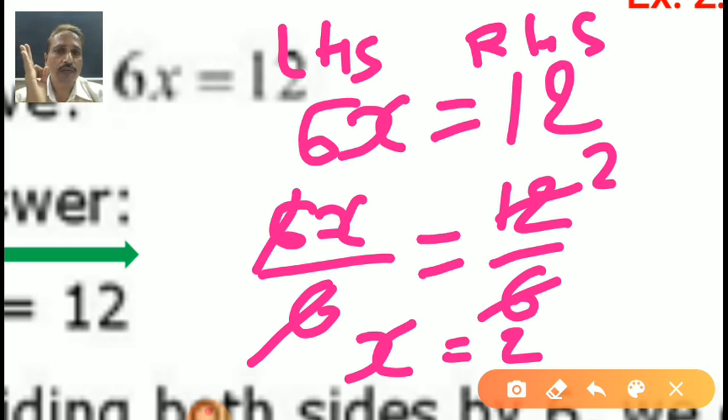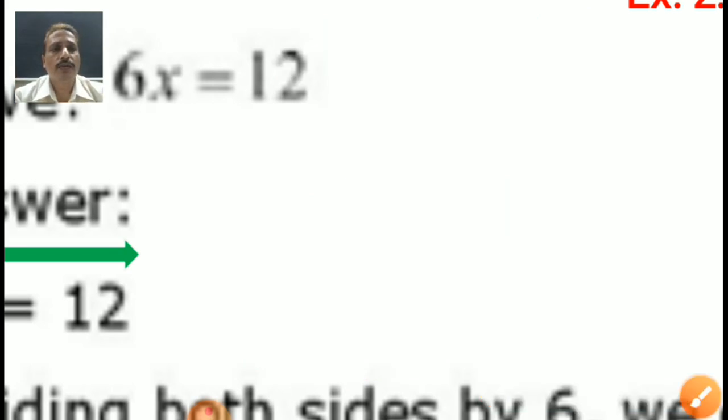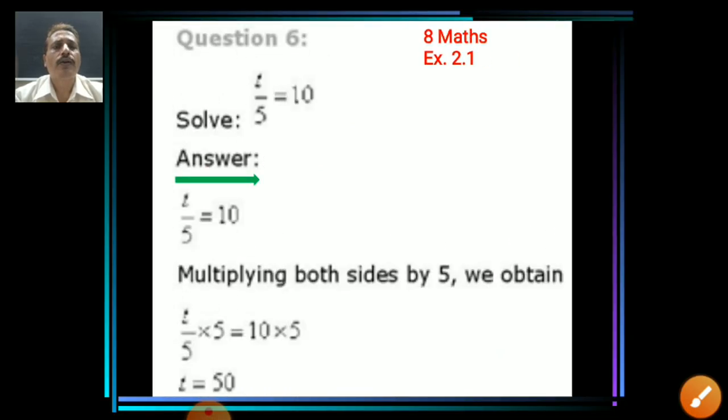So which method are you following? Go through it, no problem. Any teacher has no problem, they can get the answer. We will give marks according to the steps and the final answer. But our first method is very useful for your coming classes. So now, I think you got the idea regarding the fifth question.